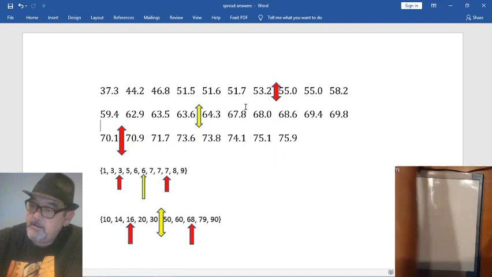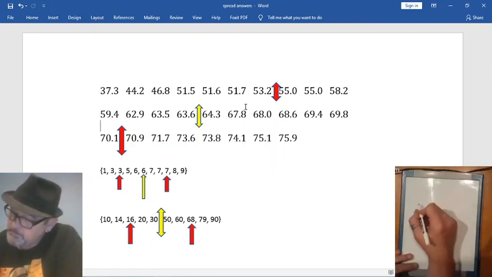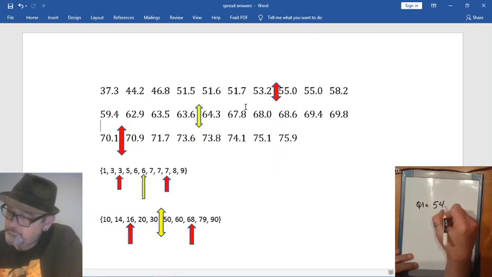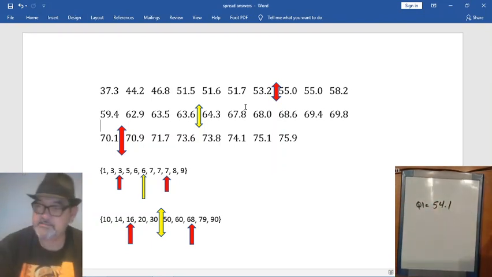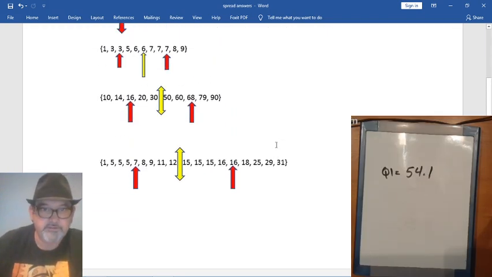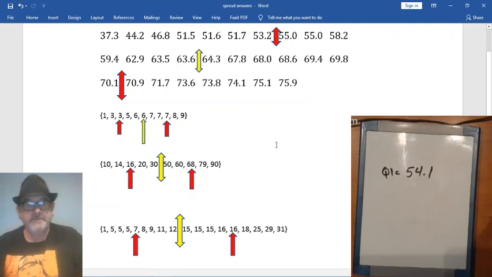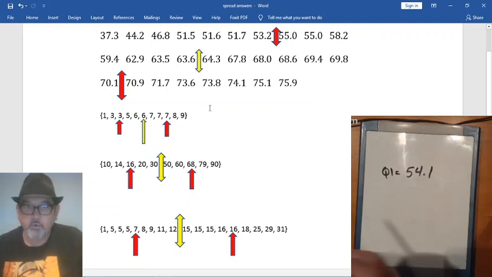So our quartile 1 is 54.1. You know what? Let me make this box a little bit bigger for you guys. All right, there we go. It's a little bit bigger so you guys can see it, hopefully. All right, so quartile 1 was 54.1, and quartile 3